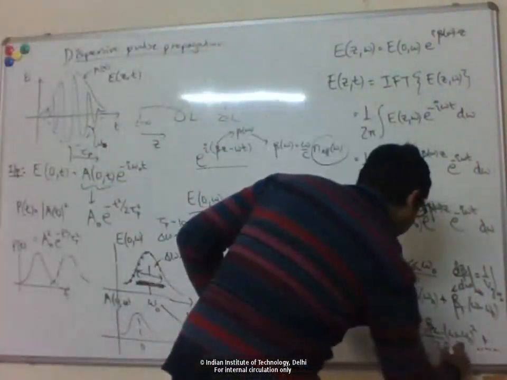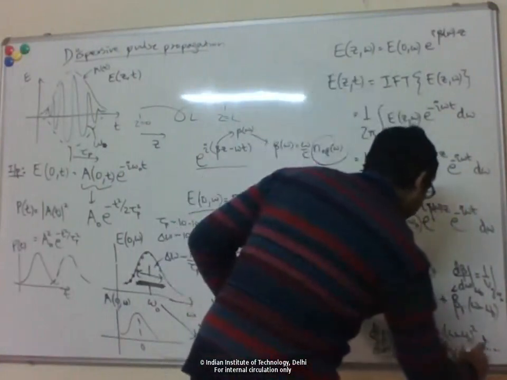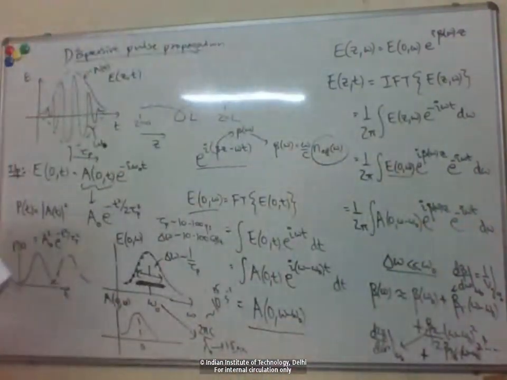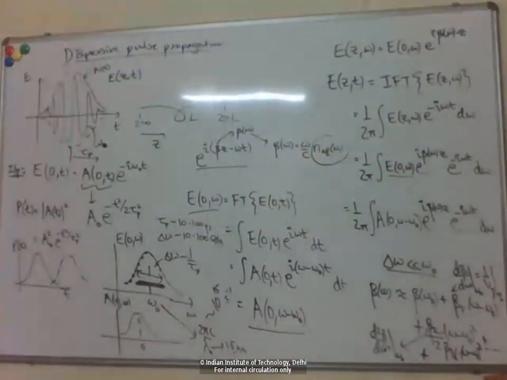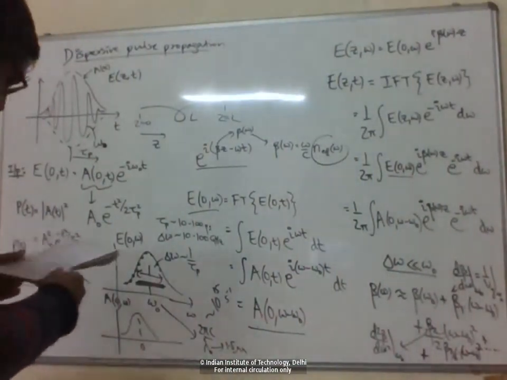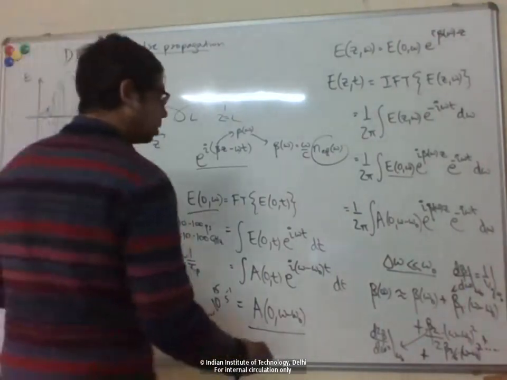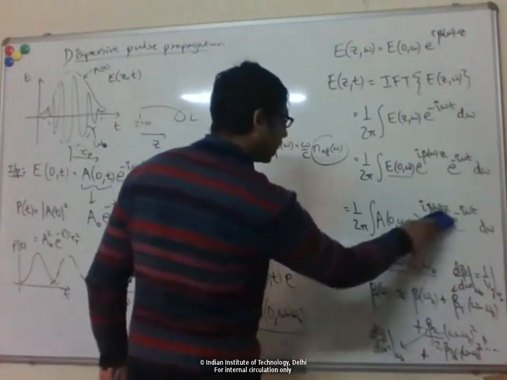So if I have beta 3, then that's beta 3 by 3 factorial, which is 6, times omega minus omega naught cubed. Okay. So if I plug this Taylor expansion for beta of omega here,